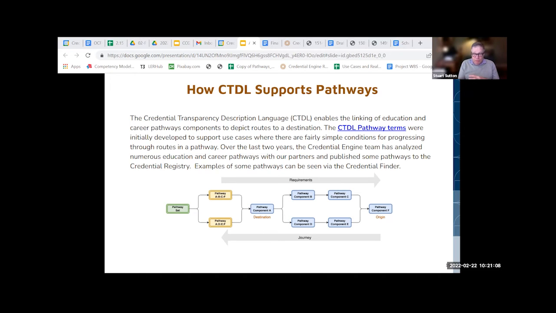The work that we're going to be approaching now is to fill in that last piece. Since then, as Jeannie noted, we have been using this with a lot of data, so we already have pathways in the registry. And now we're, in essence, ready to jump to that next piece.